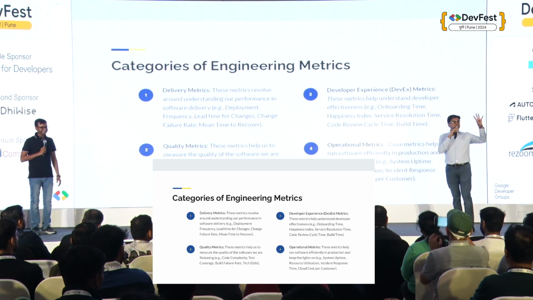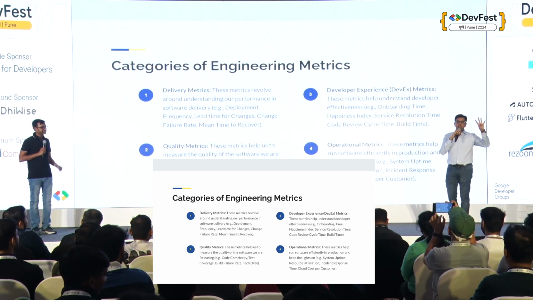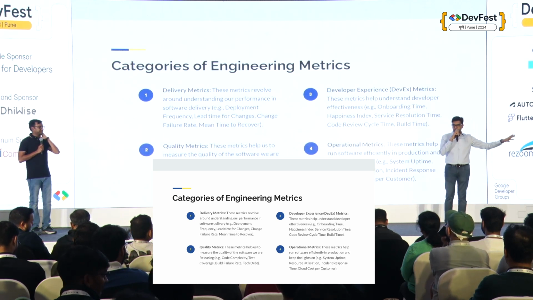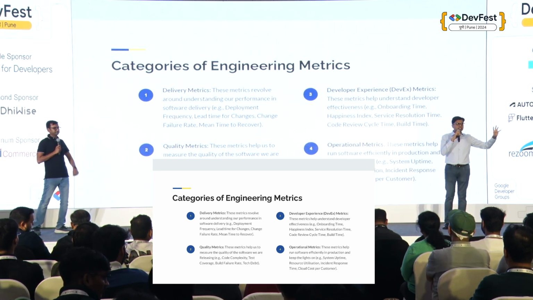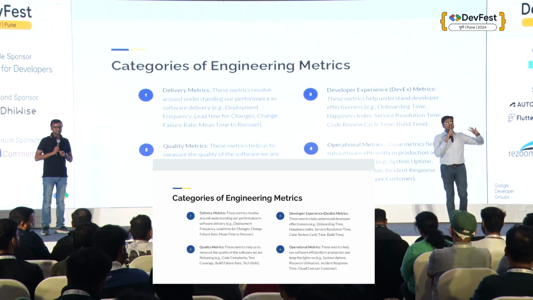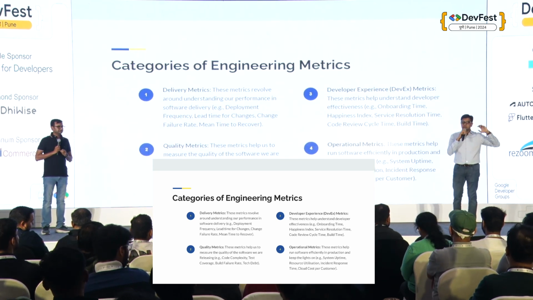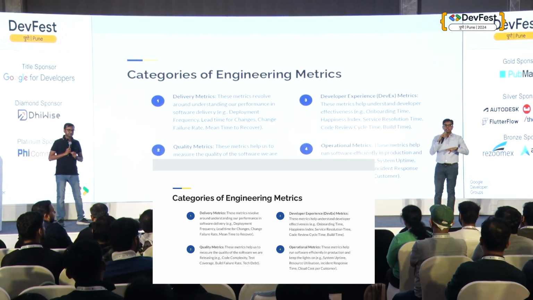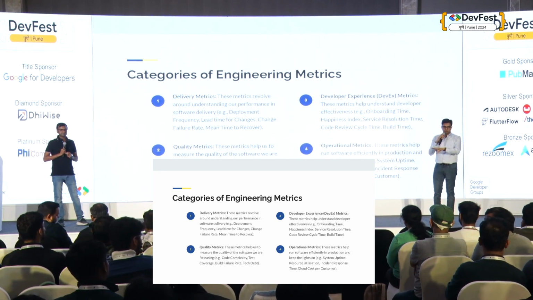Okay, so there are essentially 4 categories that you should remember when we speak about data or metrics. There is definitely the delivery metrics that we speak about. DORA, for example, the 4 key metrics, that's something that I'm assuming that we are aware of. If not, please go and check about it. That's about delivery metrics. But along with that, there are other types of metrics that you can utilize in order to achieve the results that you want. And we'll showcase how you can do that.